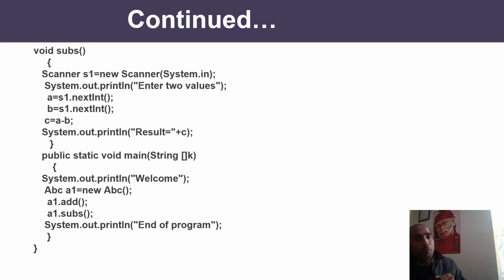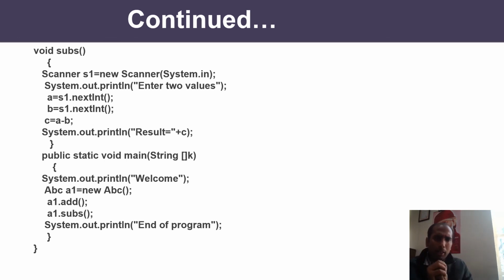And why is it coming? If I am saying that it is an instance variable, and an instance variable can be accessed in any method of a class, and main is also defined inside a class, why am I unable to access the ABC instance variable inside the main method? I have told you earlier also that we learn multiple things in Java with the help of errors. If you write a equals to 5 or 10 inside the main, the error will say you are attempting to access non-static variable in a static reference. It means there must be a problem of static and non-static somewhere.